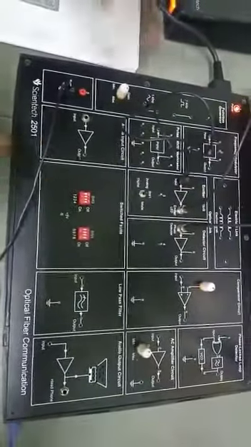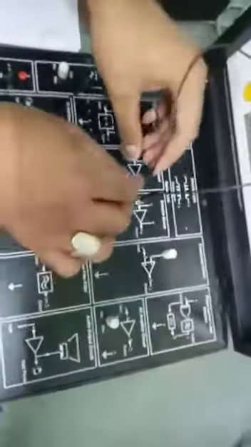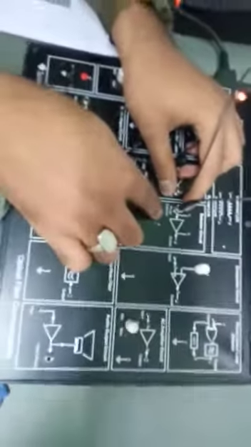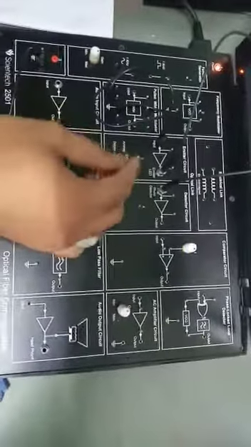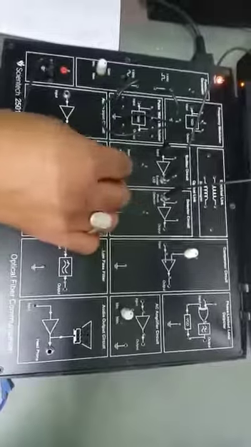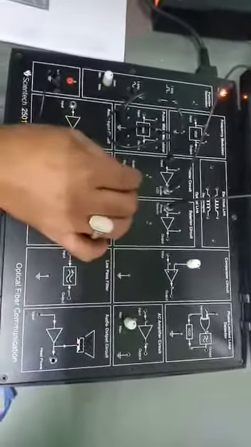After that I will connect the 1 millimeter optical fiber between emitter and detector. This is the 1 millimeter optical cable. I am connecting one end to the emitter LED and the other to the photo detector. Next I will put the emitter block in the analog mode. This is the switch. Depending on which signal you want, in this case I want the analog signal to be transmitted, so I am putting this switch in the analog mode.